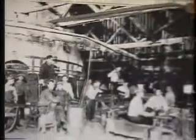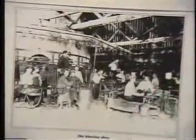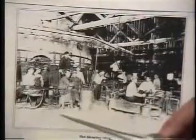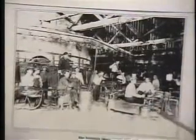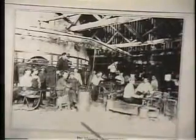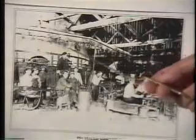Here we have the pipes going overhead that bring in the tremendous amount of air from the outside to keep this furnace rolling at 2400 degrees if it's coal, or 2800 degrees if it's natural gas. These men are sitting at their benches. We have some ponnell rods sitting here in a barrel, and incidentally, let me just mention, there's no air conditioning in these factories, and you can see here as we come in close on this oven,